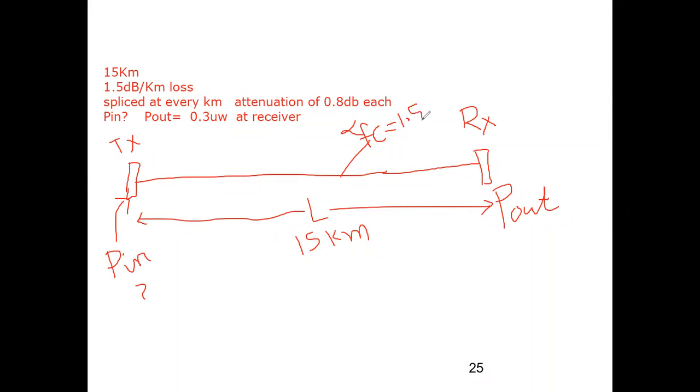Drawing the diagram and understanding the question is important. So what is 1.5 dB? It is the fiber loss. So fiber cable ka loss. So alpha subscript FC is 1.5 dB per kilometer. So per kilometer the loss is 1.5 dB. अब मेरा length क्या है? 15 किलोमीटर है. Okay, so 15 किलोमीटर अगर fiber length है, so the loss will be 1.5 into 15 kilometer.